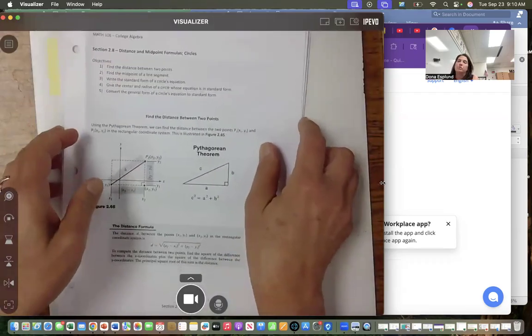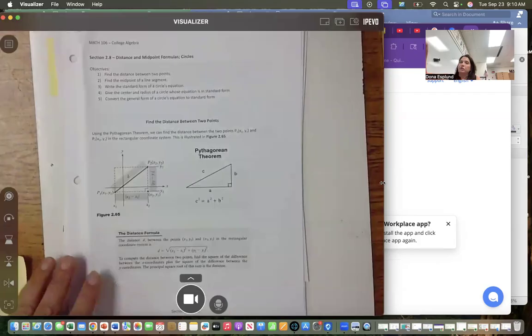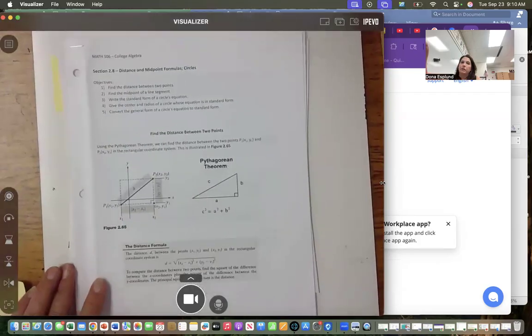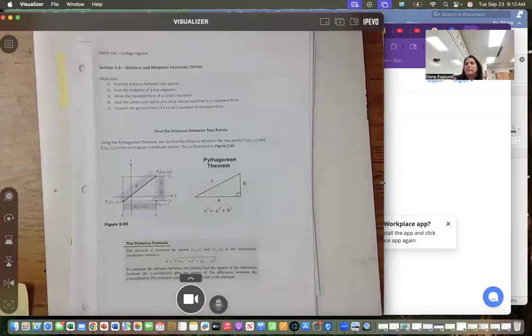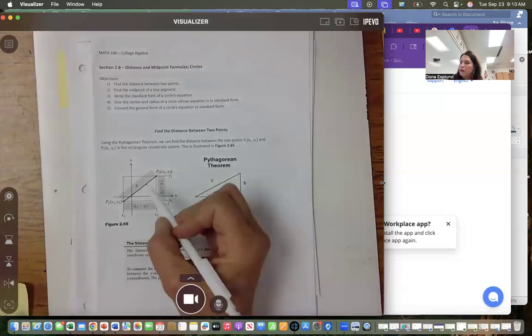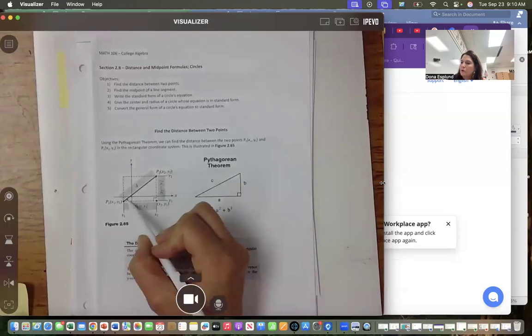Because we're going to use it not only in your geometry, obviously, but we use it in algebra. We'll also use it in calculus. We use the Pythagorean theorem in the trigonometry areas too when we start analyzing the triangles. So with that, when we talk about the Pythagorean theorem, they come up with what they call the